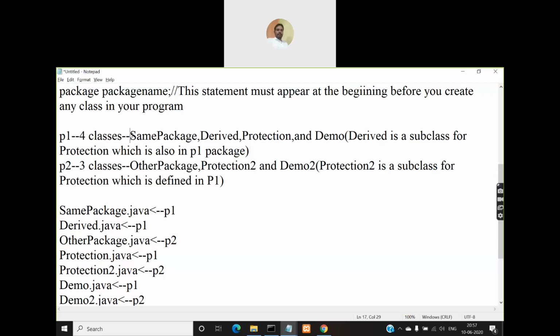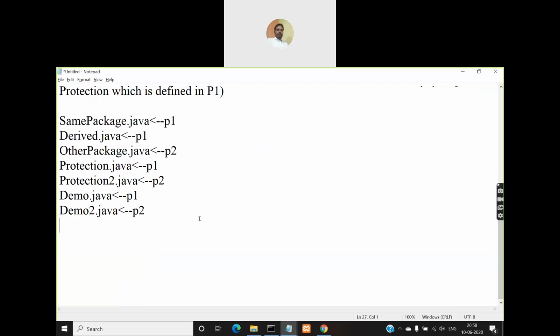And coming to same package, when you consider protection, same package is not a subclass, right? It is a non-subclass but defined in the same package as protection. And other package is also not a subclass for protection, so it is a non-subclass in different package. So what are the combinations we have?